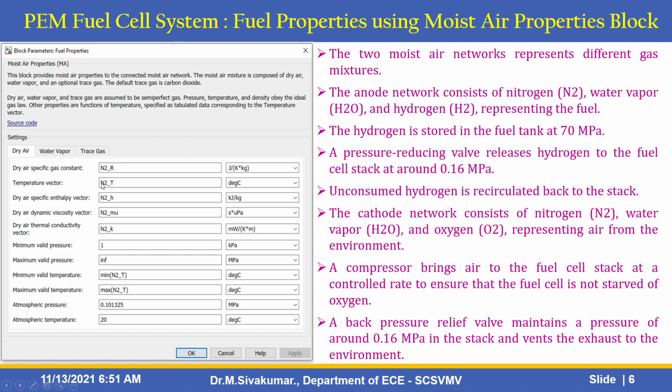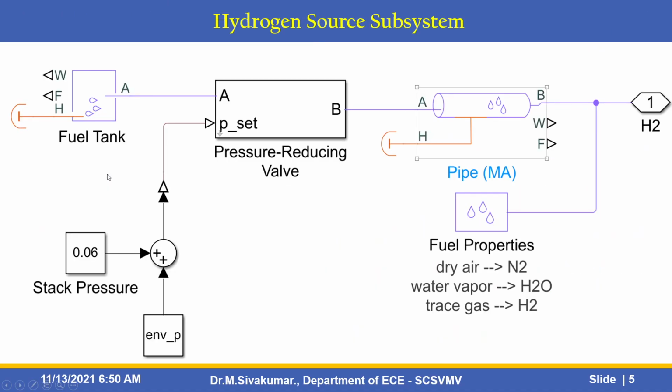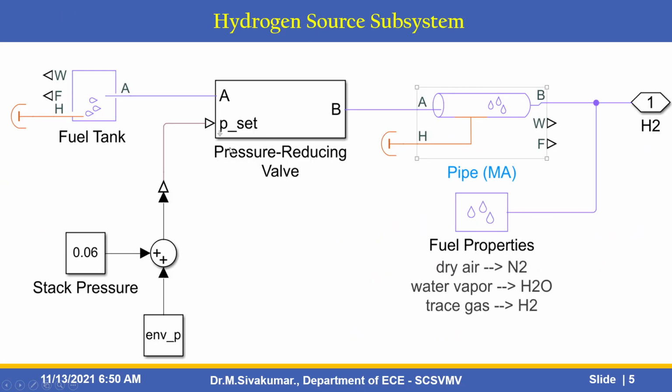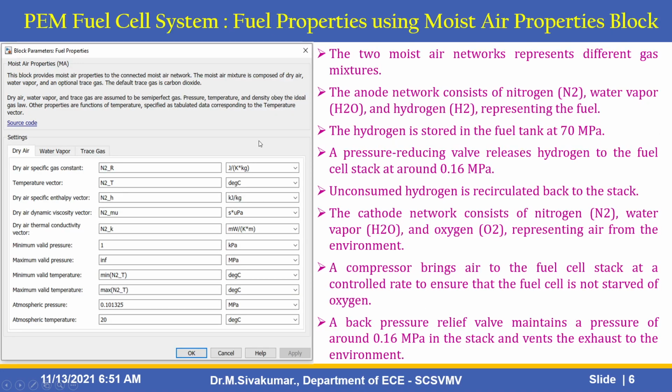Here the hydrogen is stored in the fuel tank at 70 MPa, and a pressure reducing valve releases the hydrogen to the fuel cell stack at around 0.16 MPa. Here, this one is the pressure reducing valve. Unconsumed nitrogen is recirculated back to the stack,